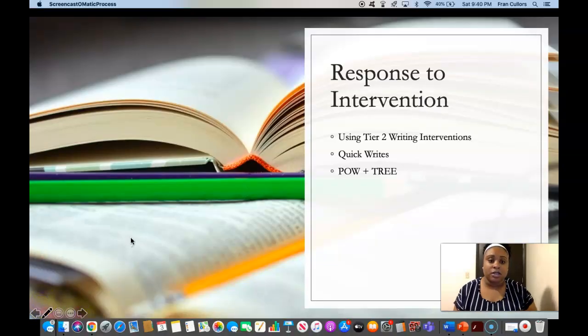Response to intervention. Okay, so we're going to be using Tier 2 writing interventions, okay? So there are two that I'm going to discuss. Okay, our first one is quick writes. So quick writes basically activate a student's prior knowledge. Okay, this promotes a variety of thinking. So students can be reflecting on their prior knowledge. They can be recalling specific information. They can be summarizing some content,